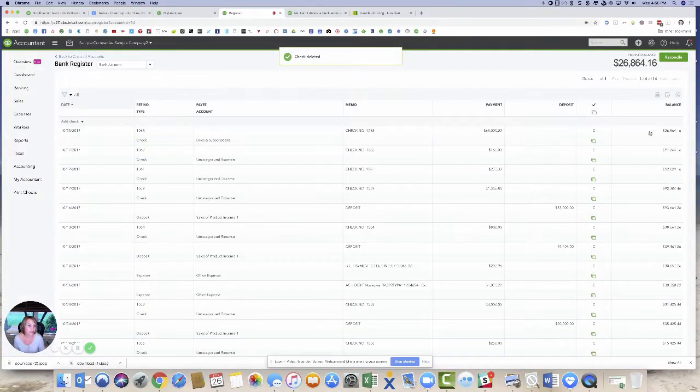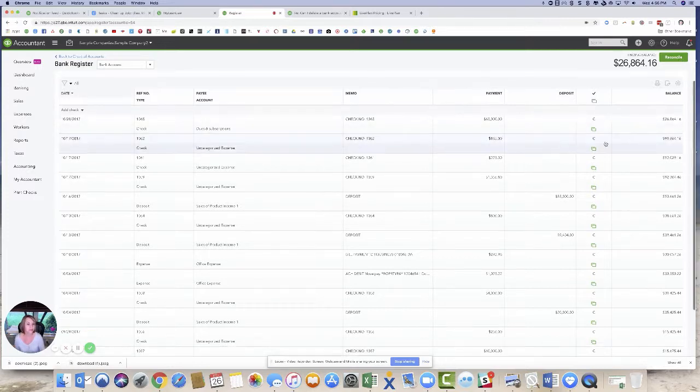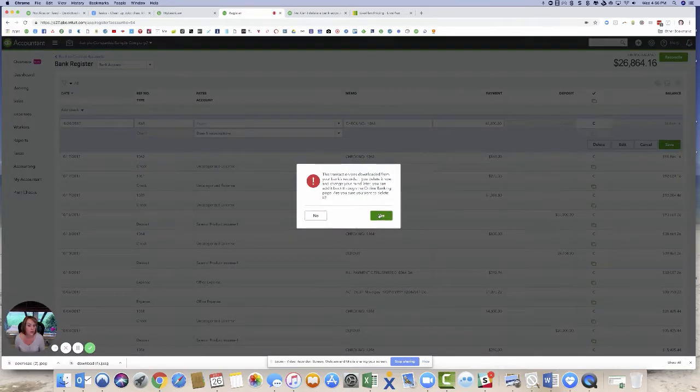The proper way to do this is to come in and reconcile it. Let's say you closed the bank account, you started a new bank account with $26,864.16. Maybe you make a transfer to the new bank account, whatever happened. Maybe you connected your bank account to the banking feed and you added a personal account when you didn't want that. Then really the only way to get rid of that is to come in here and either delete the transactions one by one, which you just click on and hit delete,